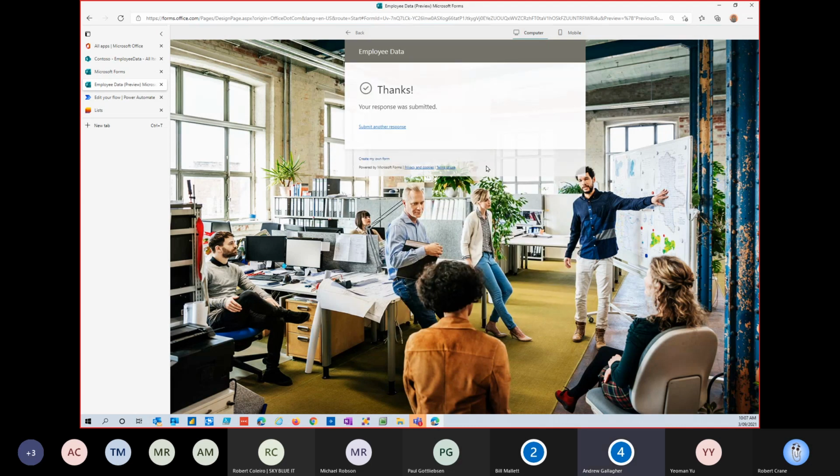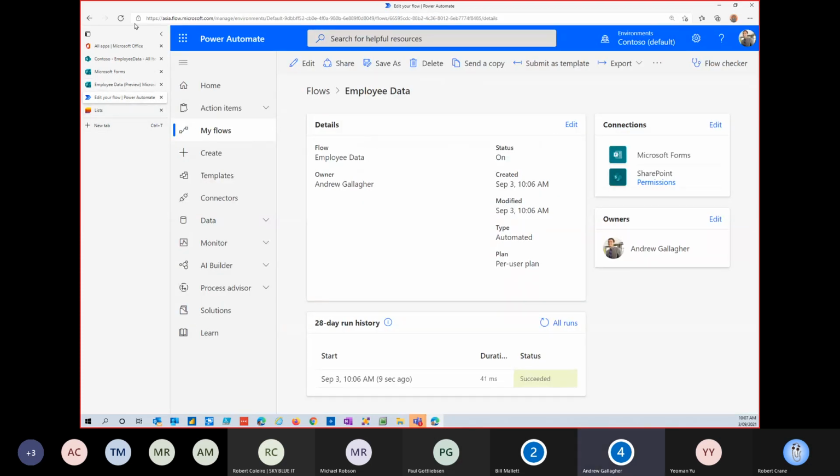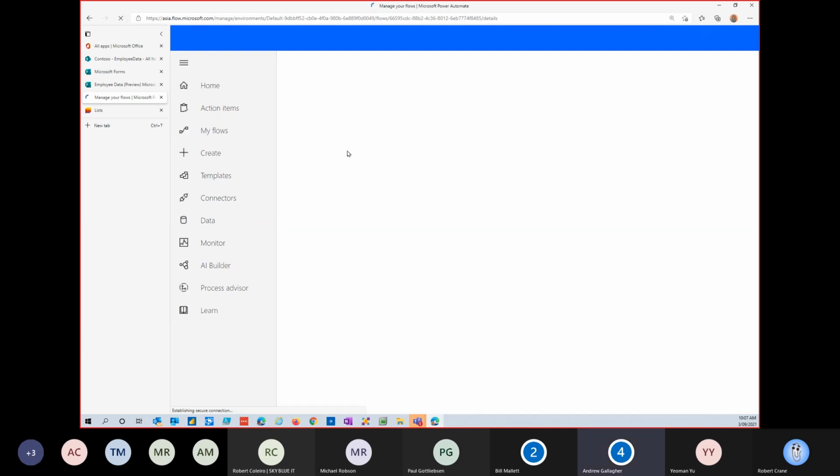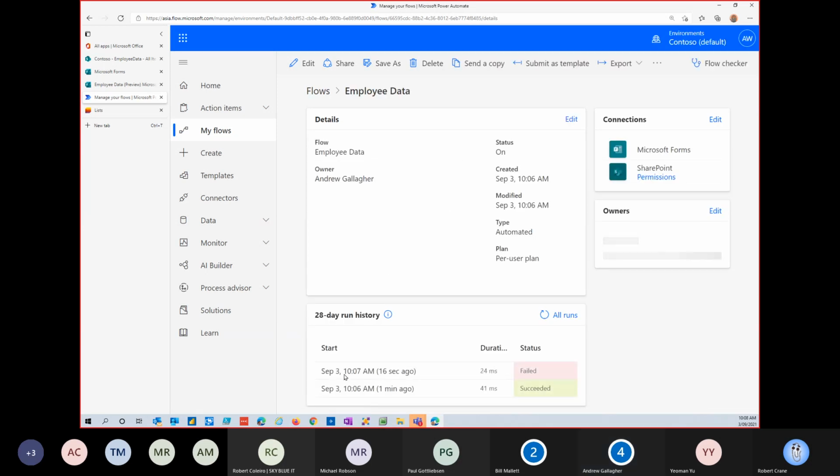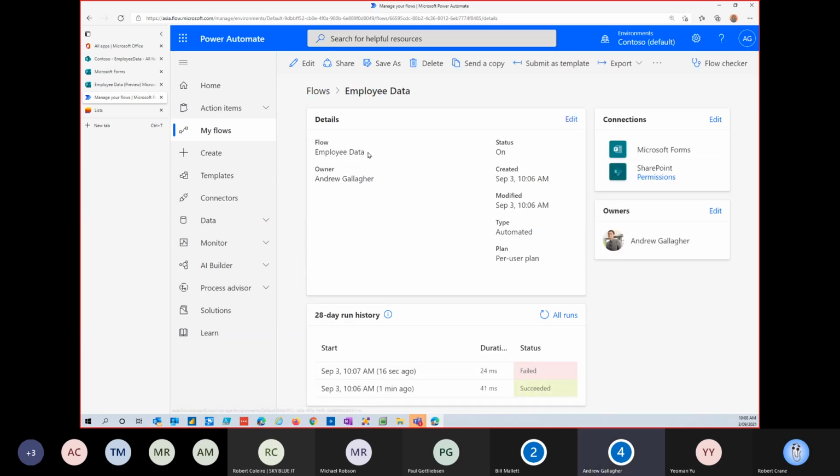So the form submits and it thanks me once again for the data. But when I have a look, I'll just refresh the page. When I have a look at the run, you'll notice that it has failed. Now, I won't go into that because Bill's going to go into that more.